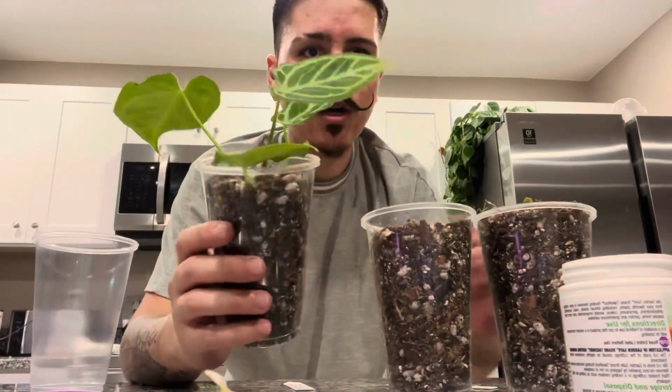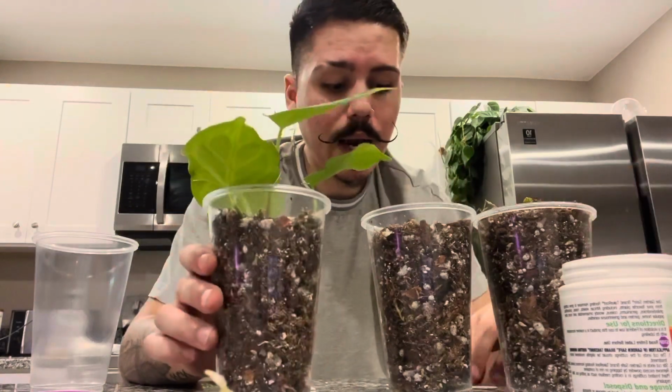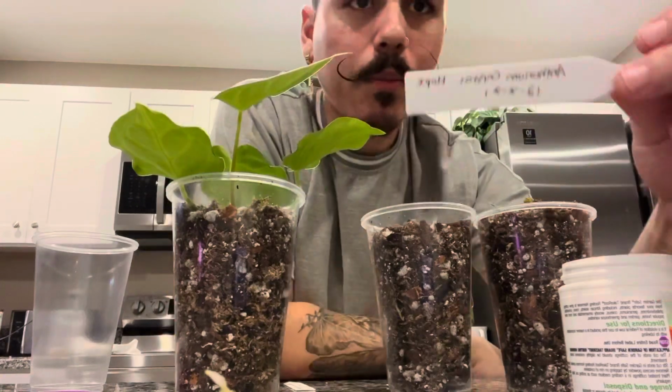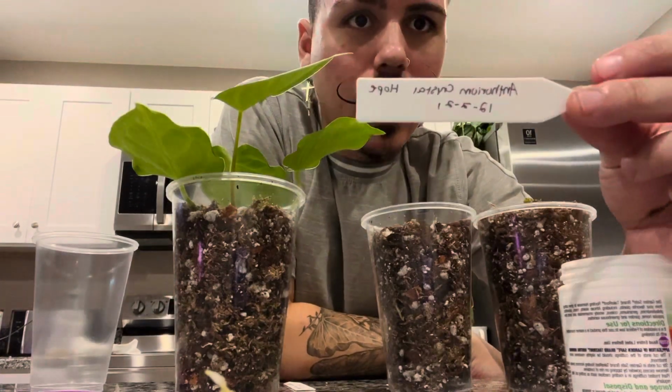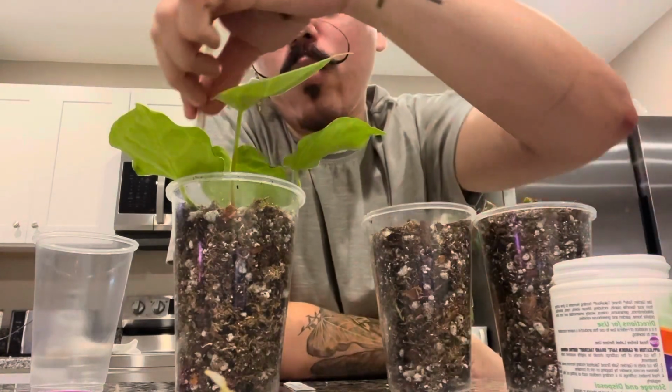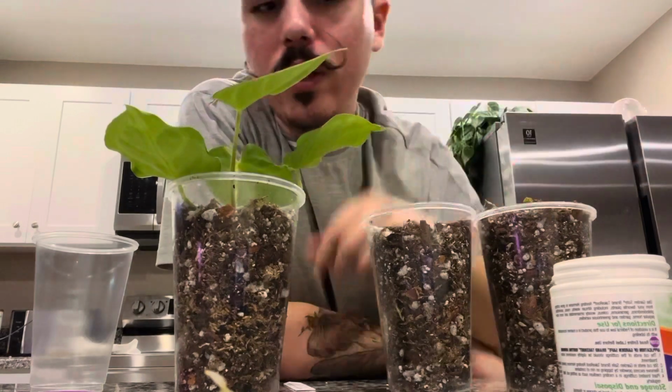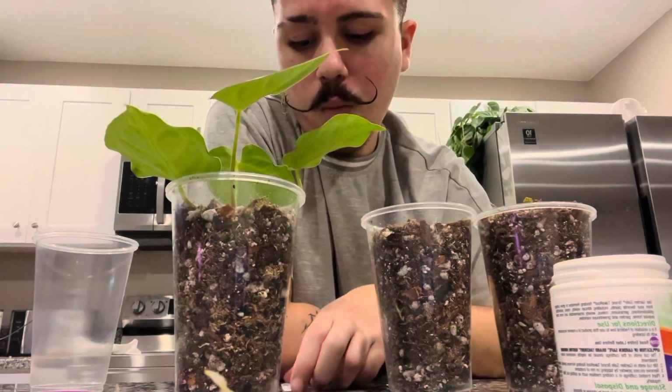So it really helps if you do something that's very fast draining and holds some moisture, but just not enough to suffocate the roots. So I've planted 3 out of 4 of them just for the sake of the video and timing purposes. I've got this one fully potted. And then I do make labels for all of my plants. So it has the name of the plant on it, which is probably backwards, and then it has today's date. And so what I do is I will put one of these in each one of the cups, and this will help me keep track of how long it takes for a plant to root, when I cut it, and